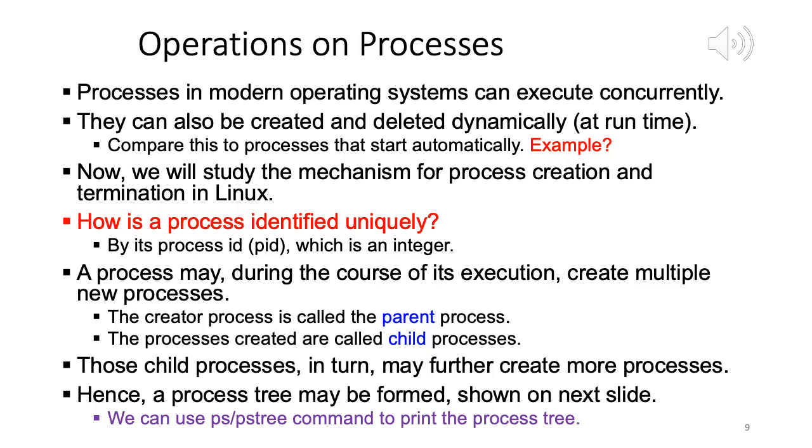Okay. A process may, during the course of its execution, create multiple new processes. The creating process is called parent. Processes created are called child. So for example, if you are running a terminal, right, and then from that terminal you open up a web browser, or you open up an Emacs editor for programming, or you open up some other program, then your terminal is your parent process, and whichever process you open becomes your child process. So like that you can have many parent and child processes. These child processes may in turn further create more processes, which leads us to a process tree.